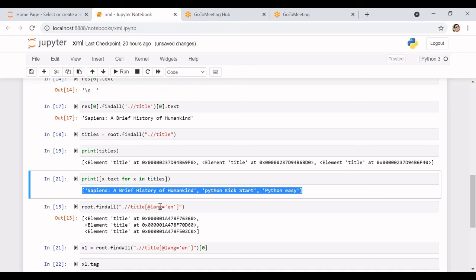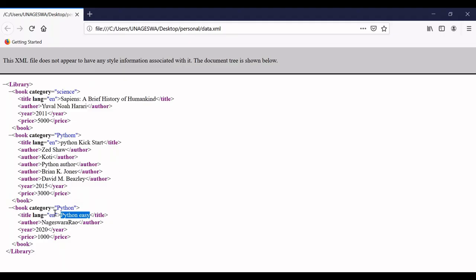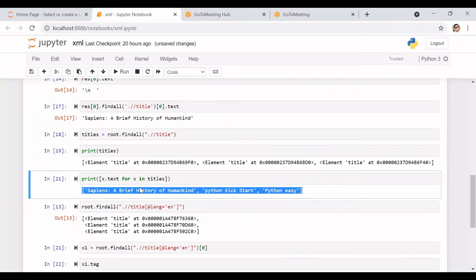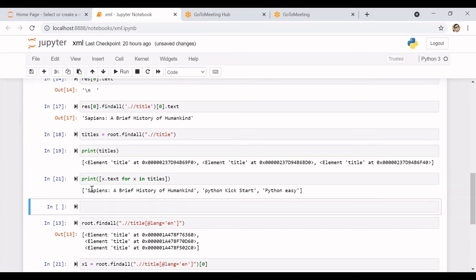Similarly, if I want to get only the specific categories: if you observe the file, all the titles are with English only. Now I will try for the category of Python. So for that, I will insert a new cell and say python equal to root dot find all, dot // I need the book, but I don't need all the book elements.